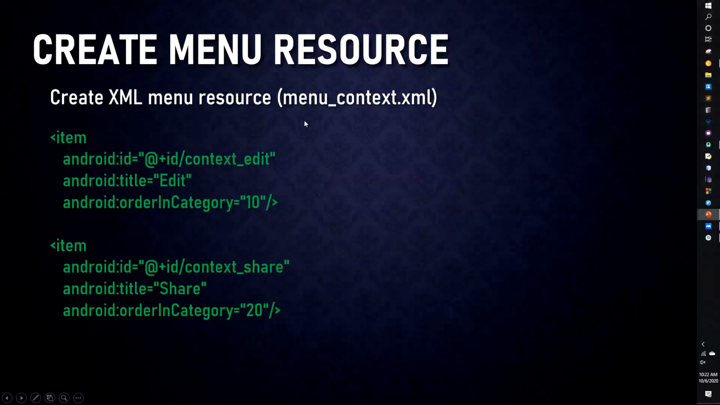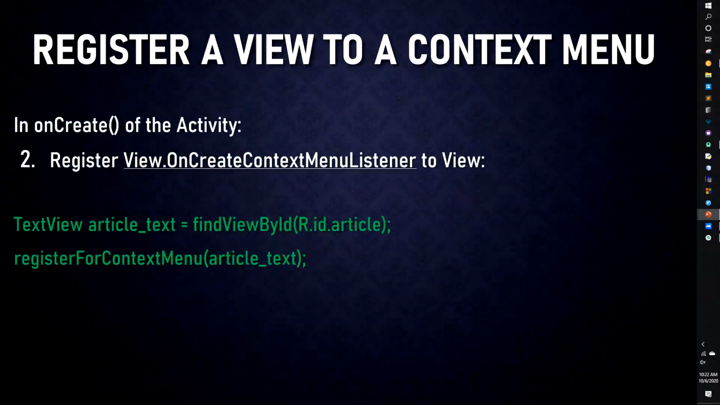We create a resource file the same way. We already have a menu resource folder. So we create a menu context file, and inside that one, we identify the menu item list, what we want to appear in our view. Once we're done, we create